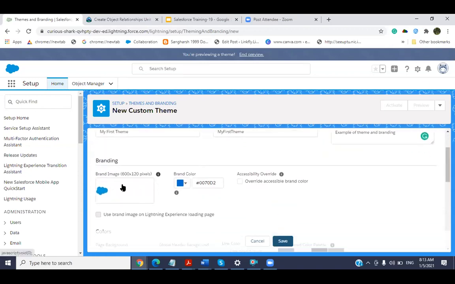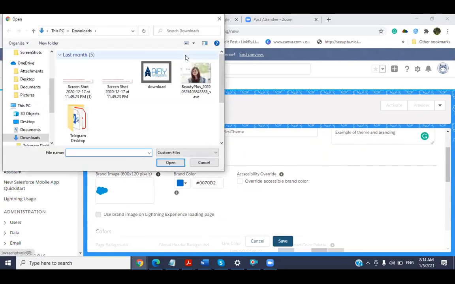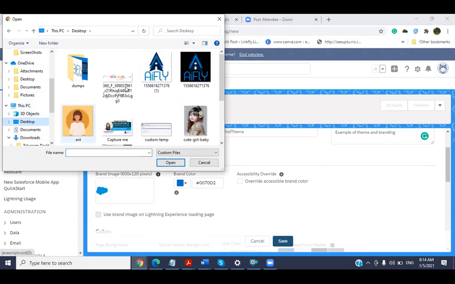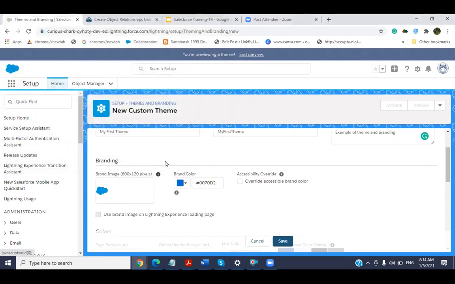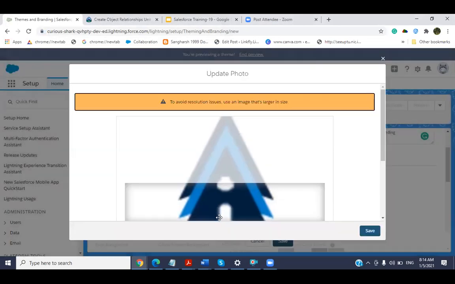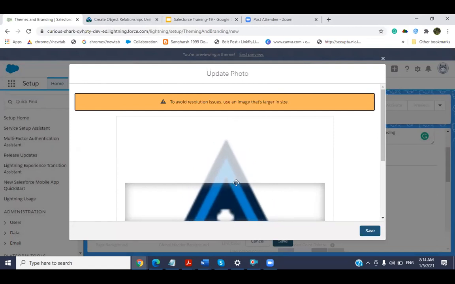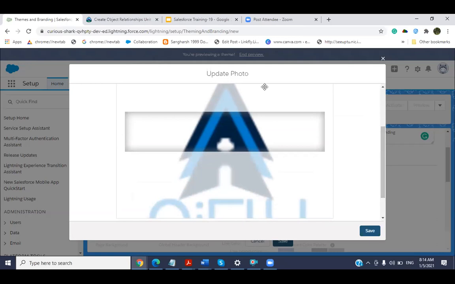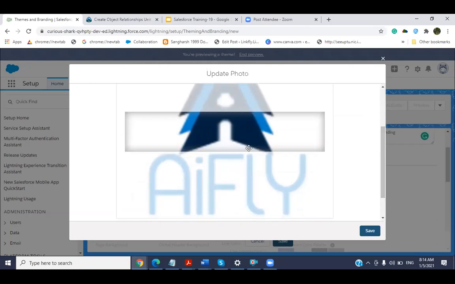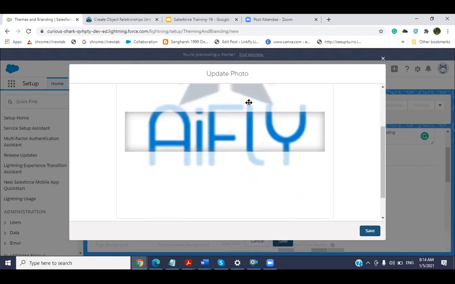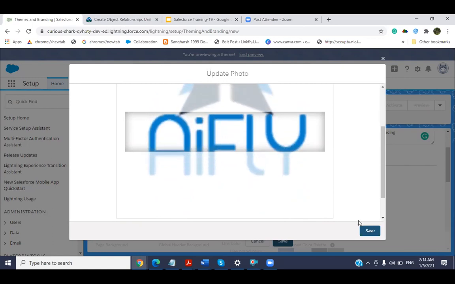First, we are going to upload an image for our logo. It will change whenever we upload any new picture, so we can see the new picture here.